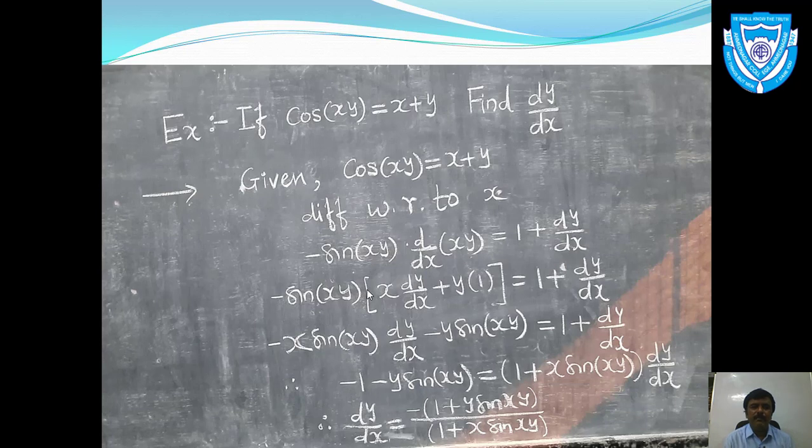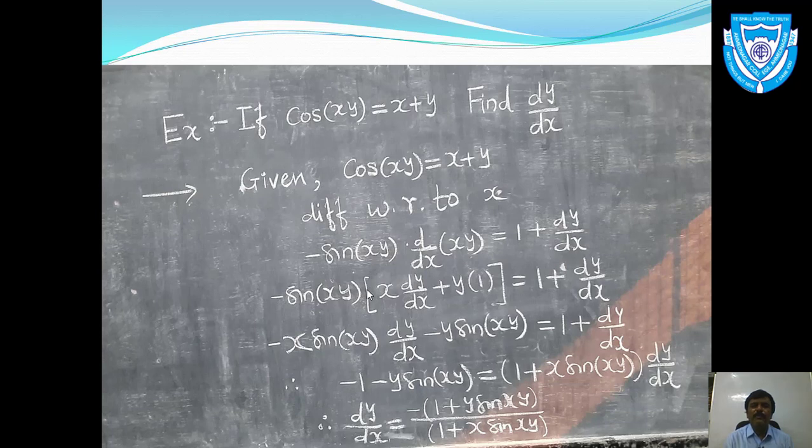In the next step we have written minus sine of xy as it is, and we'll simply find the derivative of xy using the product rule. What is the product rule? That is x into dy by dx plus y into 1, that is u into the derivative of v plus v into the derivative of u, which is equal to, the right hand side remaining as it is, 1 plus dy by dx. Now after simplifying it further, look at the second last step: on the left hand side we got minus 1 minus y times sine of xy, which is equal to,